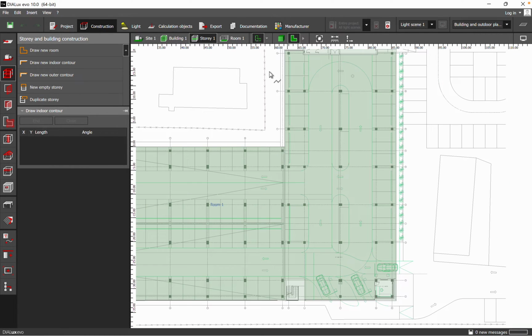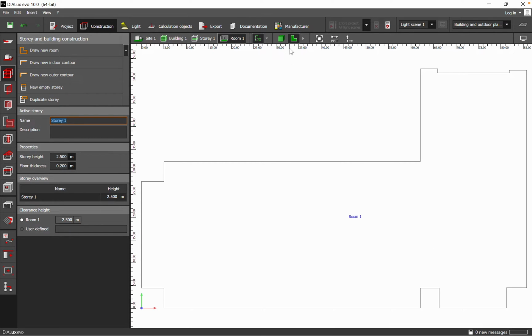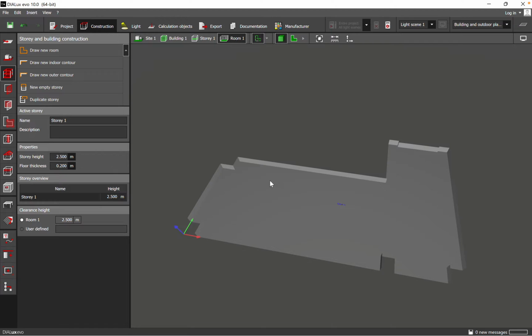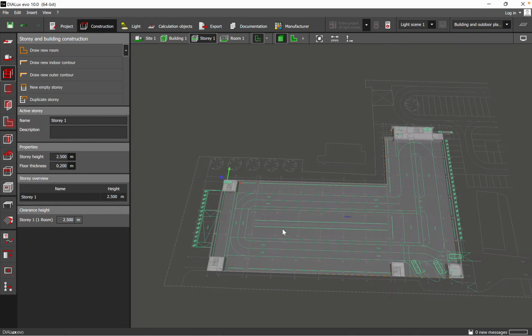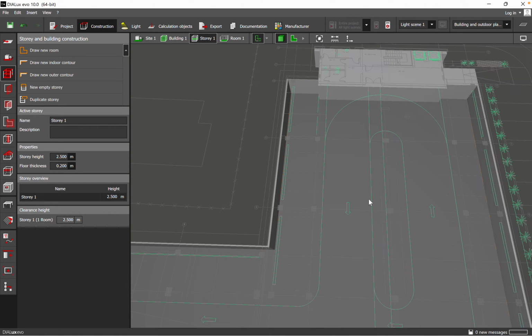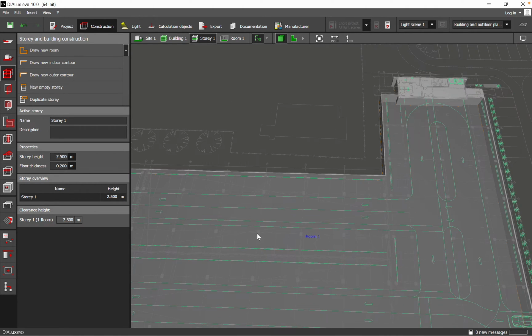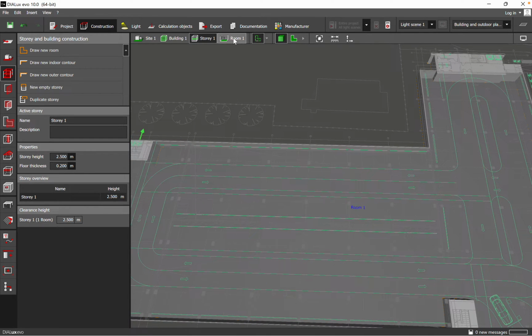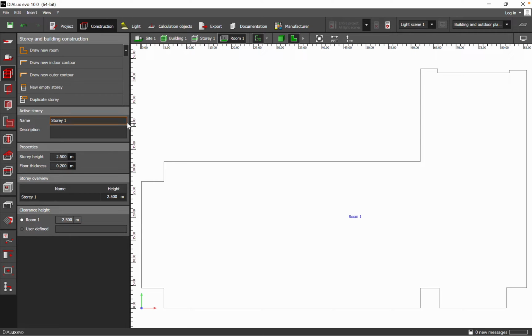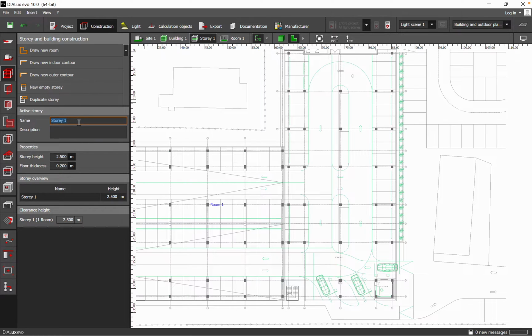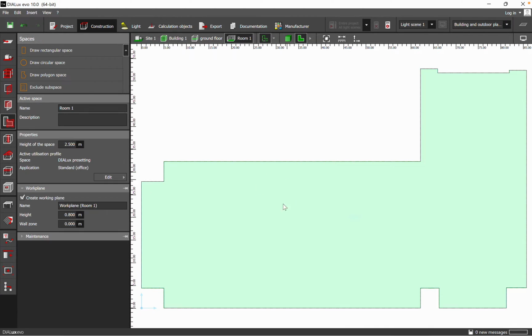So here now we have the room actually, which is the parking lot. So here is what we see, and here will be the ground floor. So already you have an idea of what we realized. So this will be now moving back to room number 1. I will move to the third step. It's also to define the story. I will say here ground floor, and the story height is 2.5 meters, and then I will move to name the room. So here is the indoor parking,